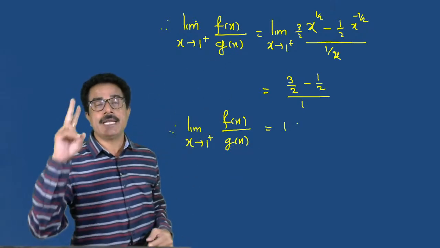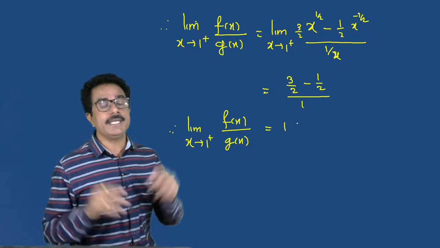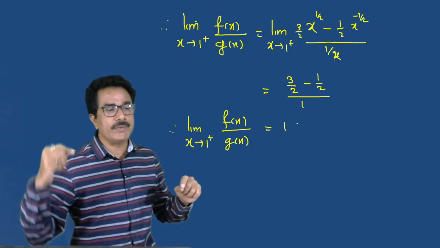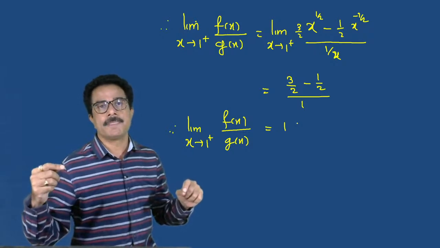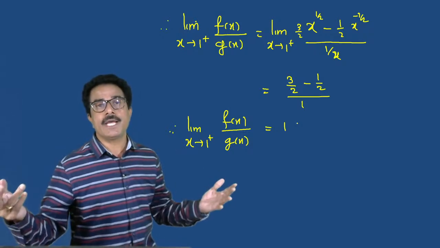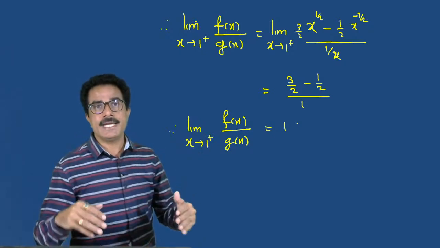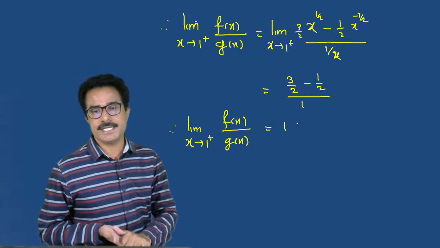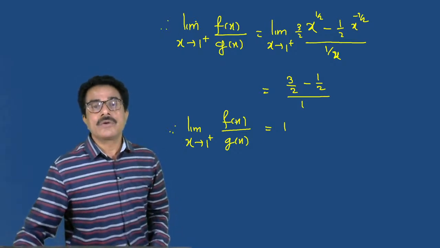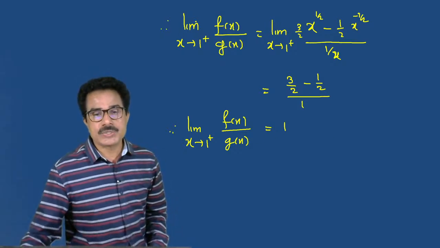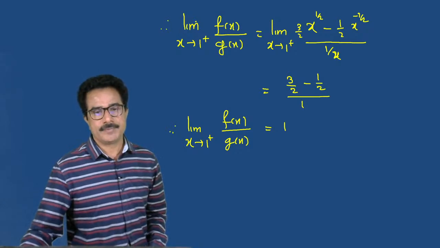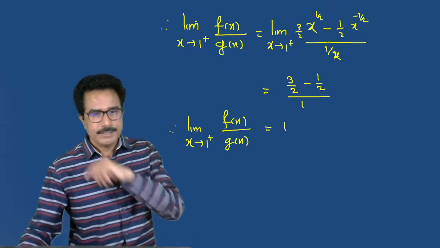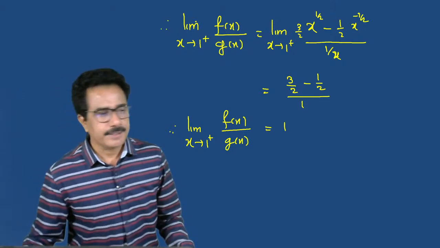Now we have seen the theorem, comparison test second. If limit x tends to a positive of f of x divided by g of x equals L, then we can say that f and g converge or diverge together. F and g converge and diverge together. So here